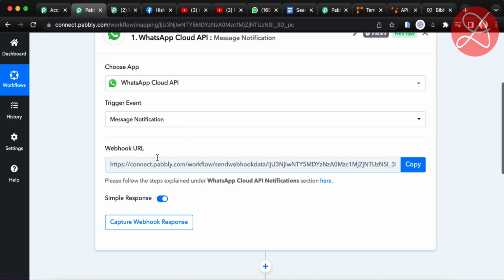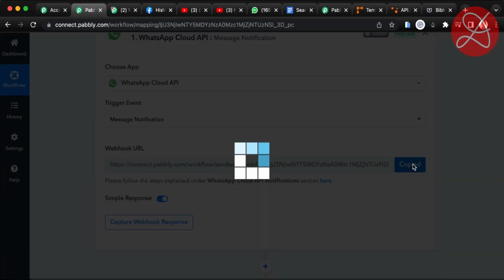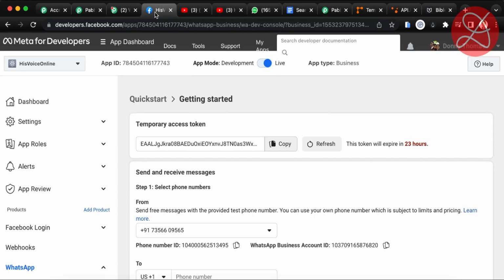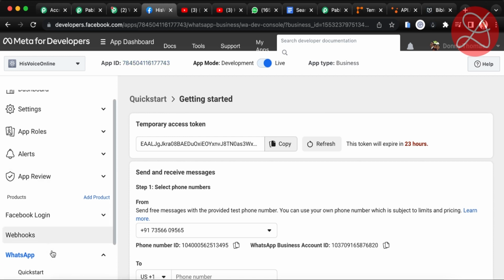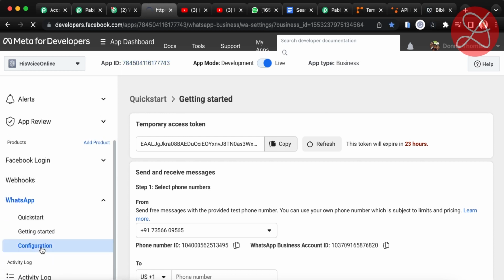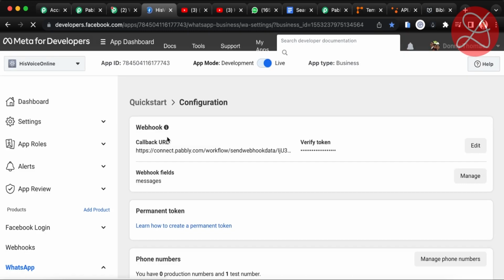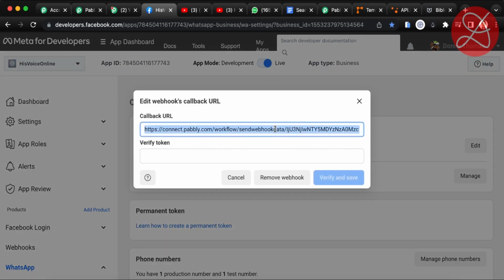So here you can see the webhook URL, which means this URL will be listening to the messages that are coming from WhatsApp. So in order to make this work, I need to copy this, go to my Meta developer account, and click on WhatsApp, click on configuration, and update in the callback URL that you see here. I've already updated here. You have to click on edit, add the workflow here, then you can check the description